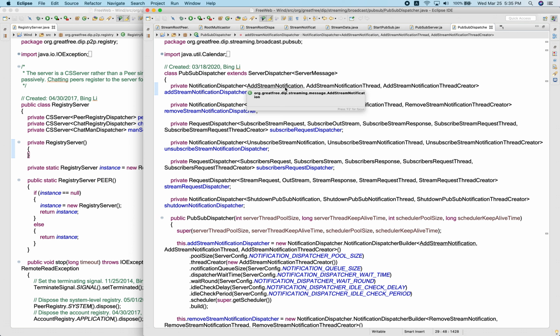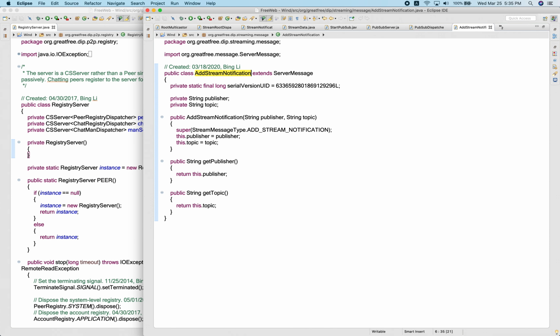First one is add stream. Add stream means a new data source is available. A publisher needs to join such a system. The publisher wants to publish new information, a new topic. If so, he needs to send such information to the pub sub server. Let us take a look at this. What is it? Okay, you can see in our case,